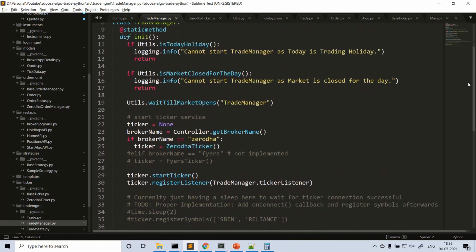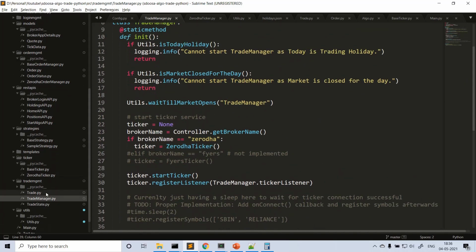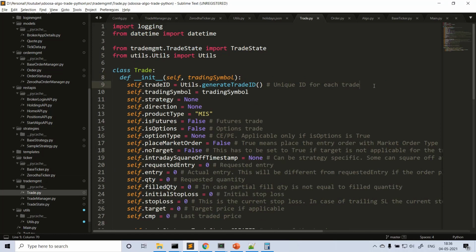And inside trade manager, what else did I add? Whenever you're creating a trade, what are the basic things you need? When starting a trade, you place an entry order with some quantity and some price.